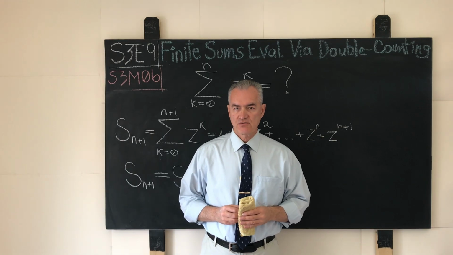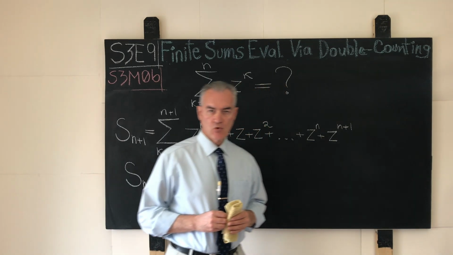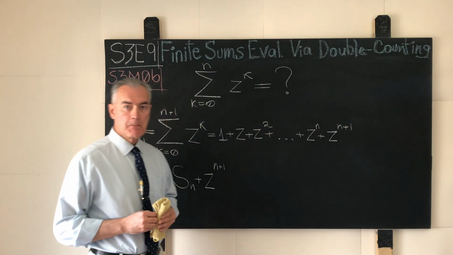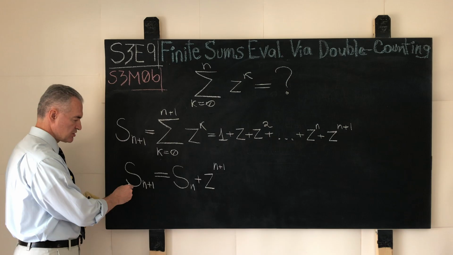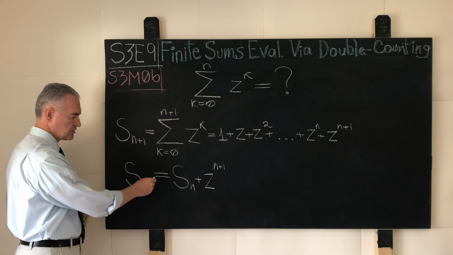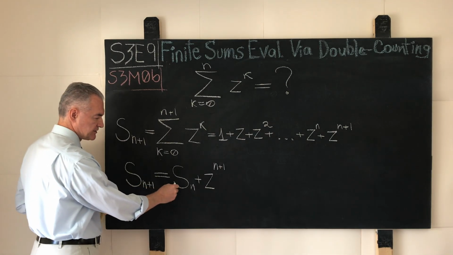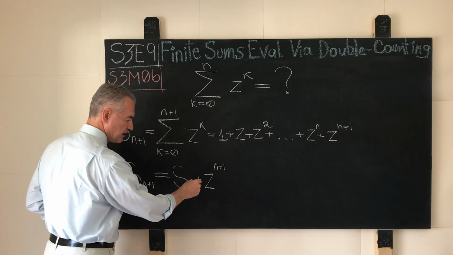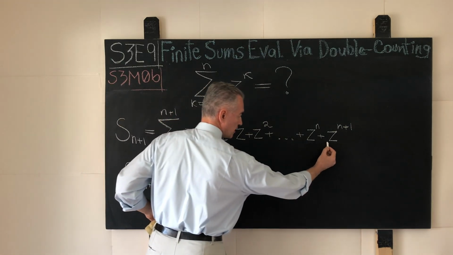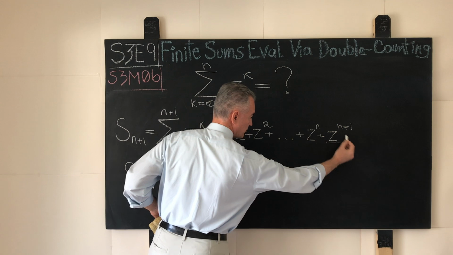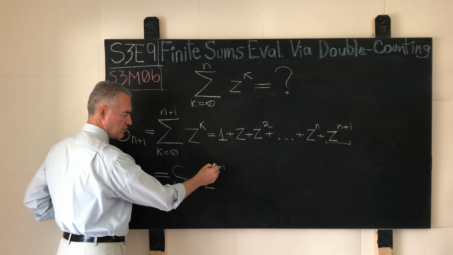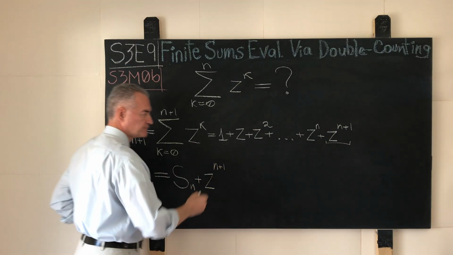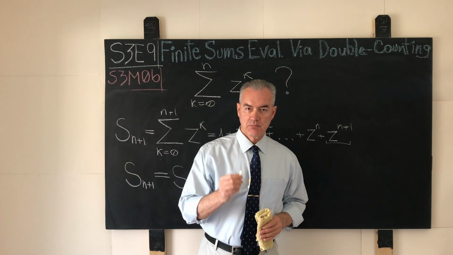Represent the given iterated sum as the sum of the first n terms plus the last one. That is, write down the expression for the sum S_{n+1} as S_n plus the last term. What is the last term? The last term is z raised to the power n plus 1. But